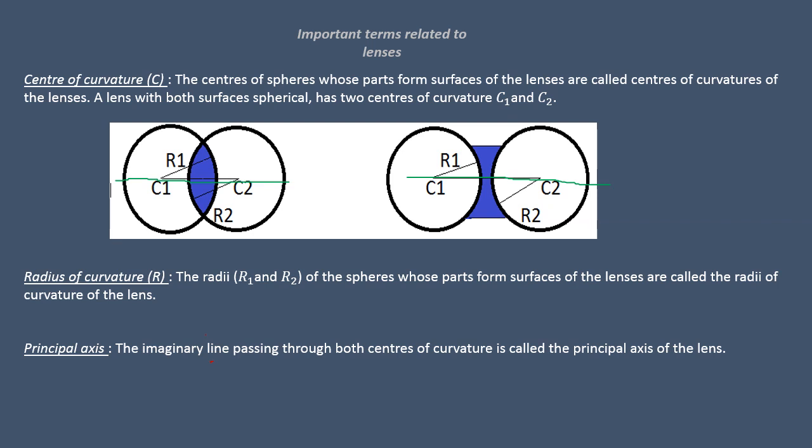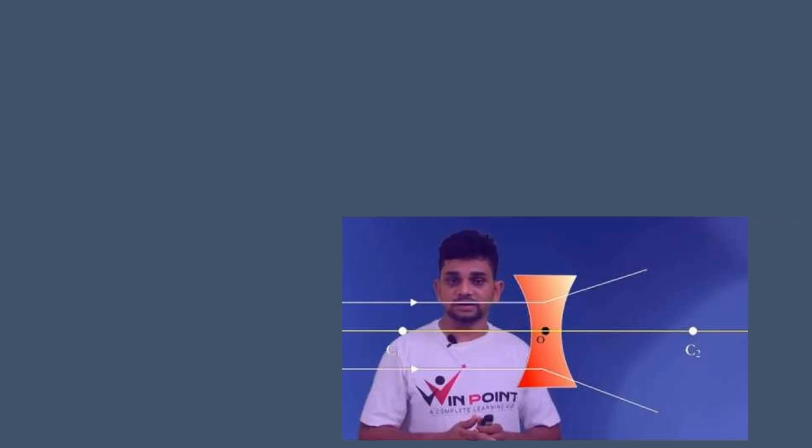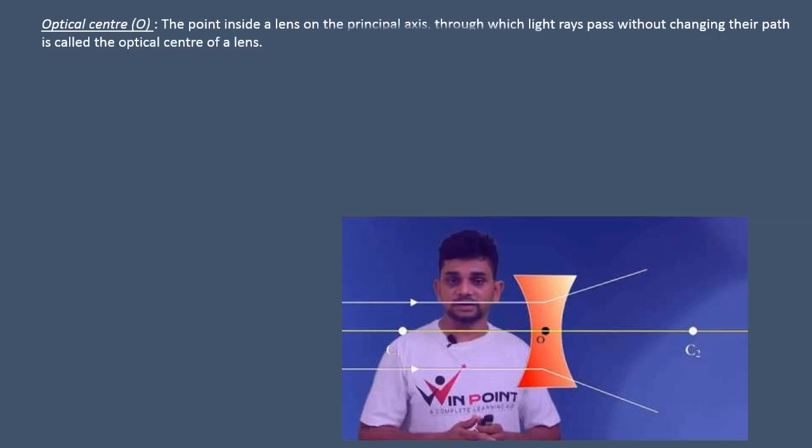Okay, let's go to the next part. This video we'll see afterwards. First, we are going to discuss one more point, that is the optical center. This is a new term you get in a lens. The first three definitions are exactly the same as for the mirror, with only slight differences. This is only one extra term, or you can say a separate term, that you get only in the case of a lens.